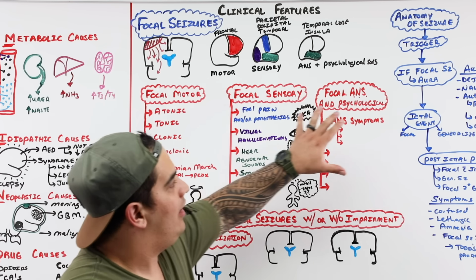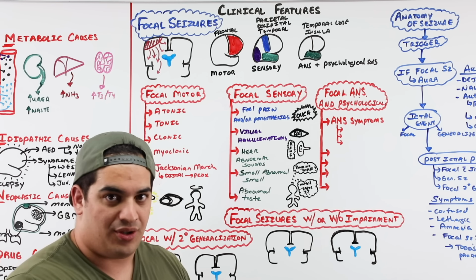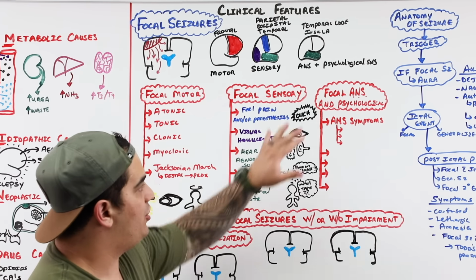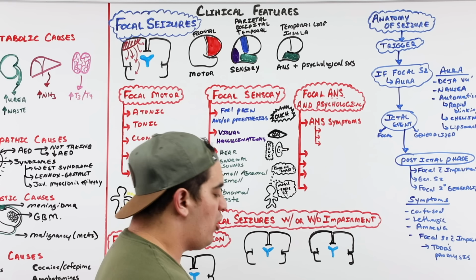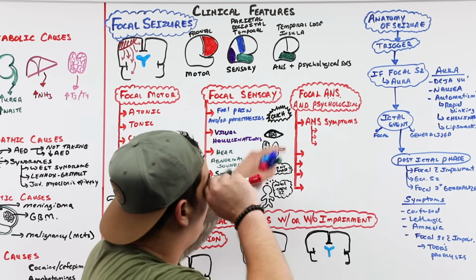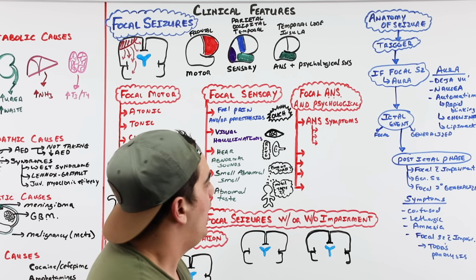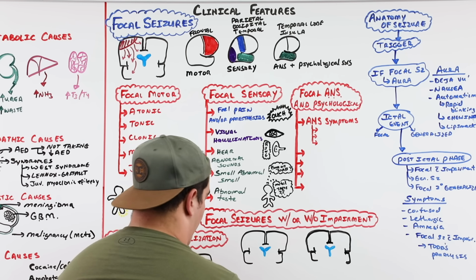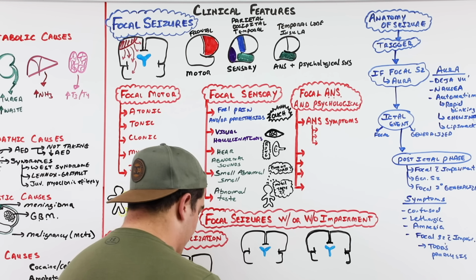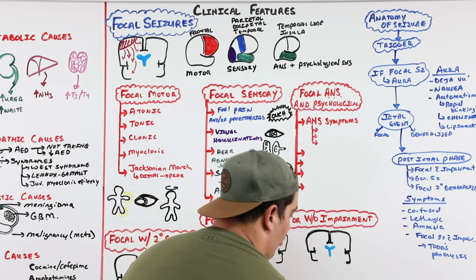Okay? The last part for the focal seizures for the particular lobes that are involved here, especially again temporal lobe, is those autonomic symptoms. So this is particularly when you get to the insula. The insula can actually regulate a lot of your autonomic activity. And so whenever there's autonomic involvement, that can also lead to some interesting symptoms, which include what?